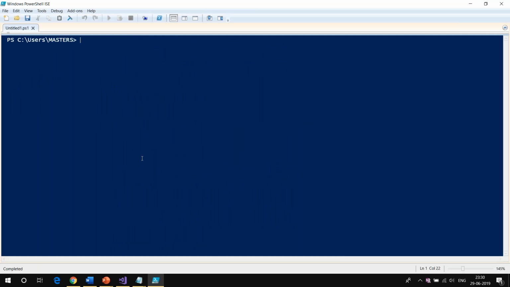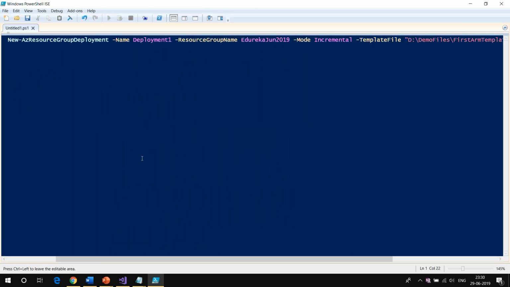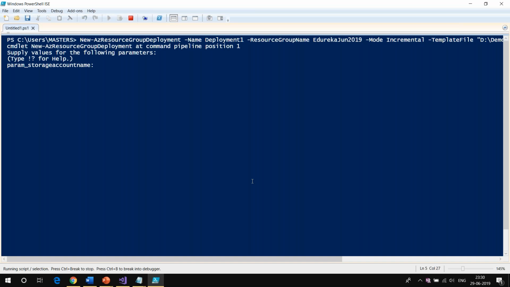Let me clean up everything. I'm going to run the same ARM template, and I'm going to say enter. Whenever I do enter, it immediately figured out that there are 2 parameters. Number 1 is param storage account name. I can say edu storage AC3.